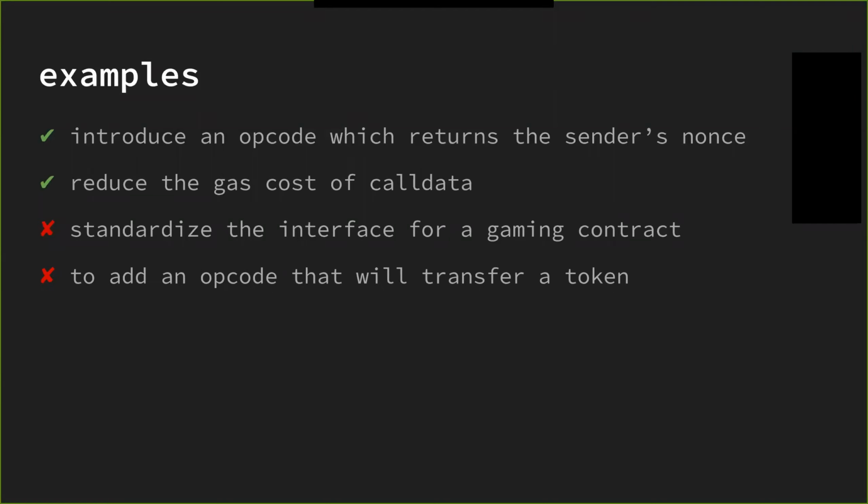Another bad example of an EIP is, I think that a lot of people want to add EIPs that add a lot of complexity to the core protocol, whenever it's important that we try and keep that as simple as we can. And you know, there could be an EIP that adds an opcode to transfer an ERC20 token. And I see that as mixing the higher level gap level of the protocol with the core level of the